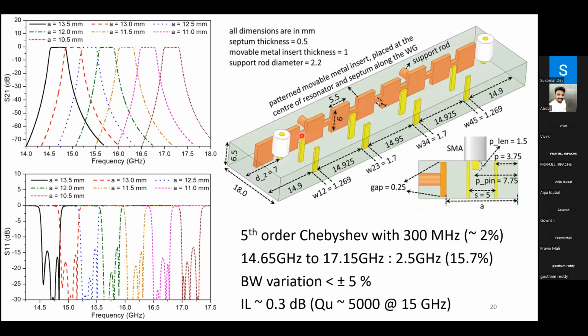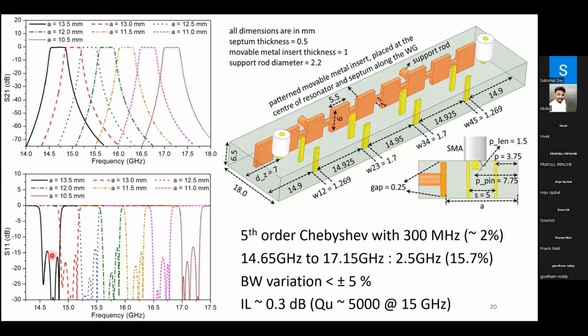So we integrated the inter-resonator coupling using the double septum, input-output coupling using the probe, and the tuning element, which was shaped now instead of a simple rectangular slab. We gave an air gap on the top and the bottom of around 0.25 mm, because there should be friction-free movement. So we used Kapton tape on the top side and the bottom side for friction-free movement of the tuning element. And these are the simulated responses.